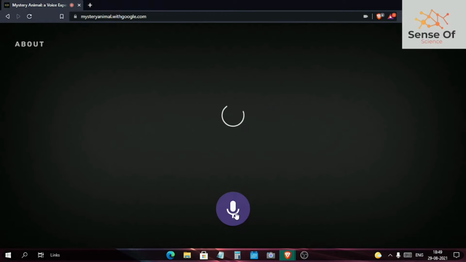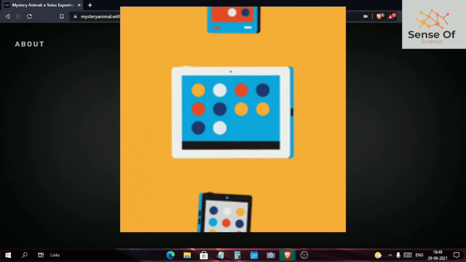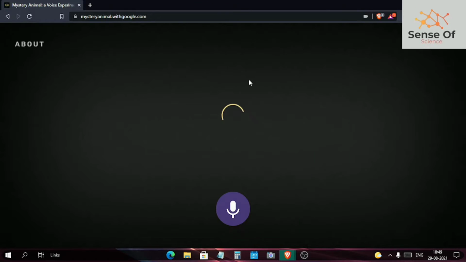But when I click on this button, it is supposed to take my audio, and when I ask it some questions, it is supposed to take my audio. But you know what? Let me just click on this button. It just says listening for a short period of time and it disappears into thin air, right? Since it is not working for me and many other devices I have tried, I consider it to not be working till now. I don't know if it is working on your device or not, but it is not working on my device, so I consider it not to be working.